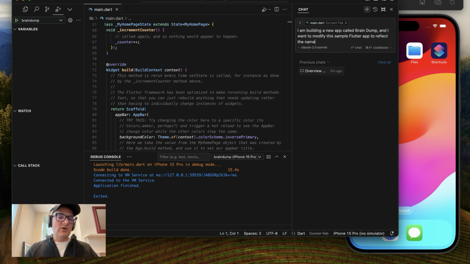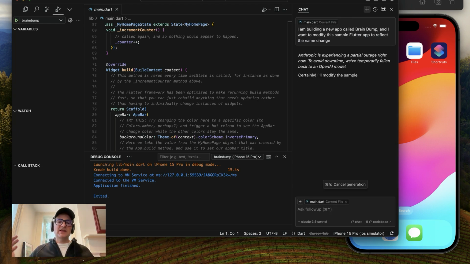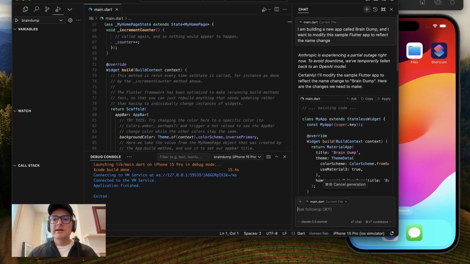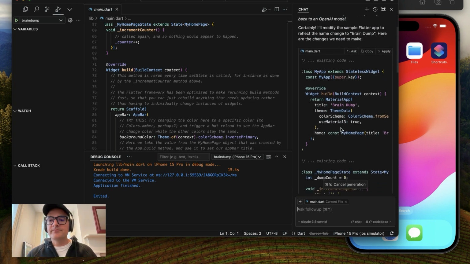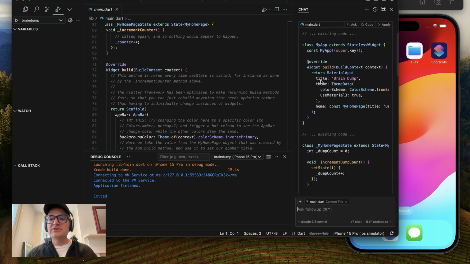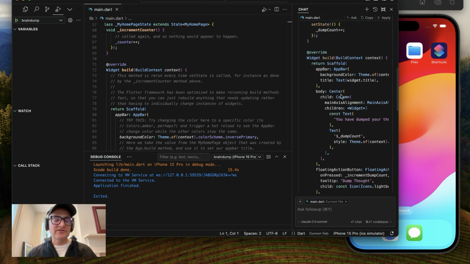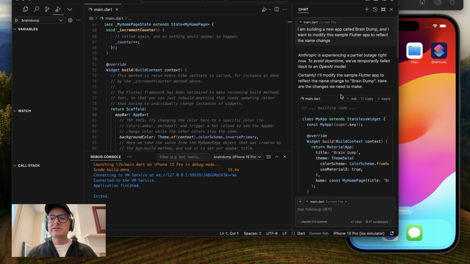And let's just do one small change at a time so you can see the iterative process, and see if it changes some of the visual appearance of this app. All right, so it's going through, it's looking at my code. And you can see already it changed the title to Brain Dump, whereas before it was like Flutter Demo App or whatever they put in there. I still got the counter stuff. We didn't tell it to take that out yet. So this all looks good.